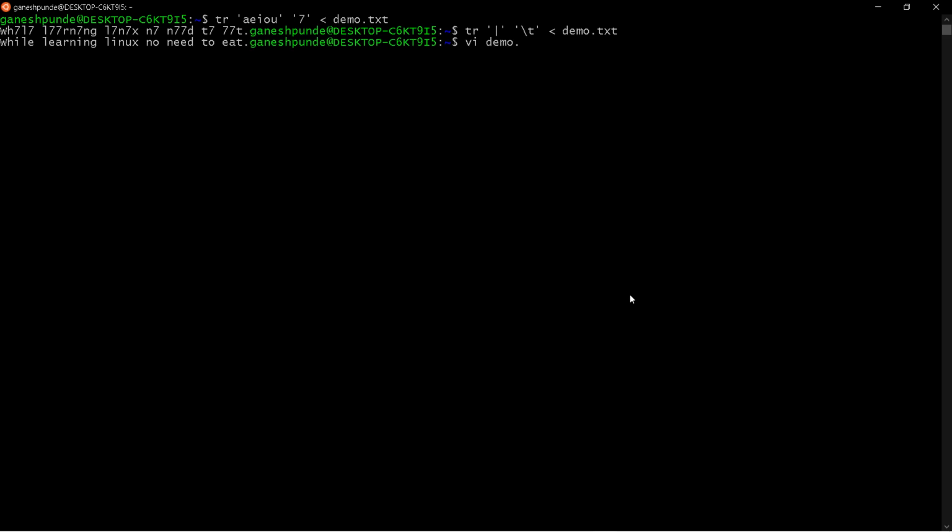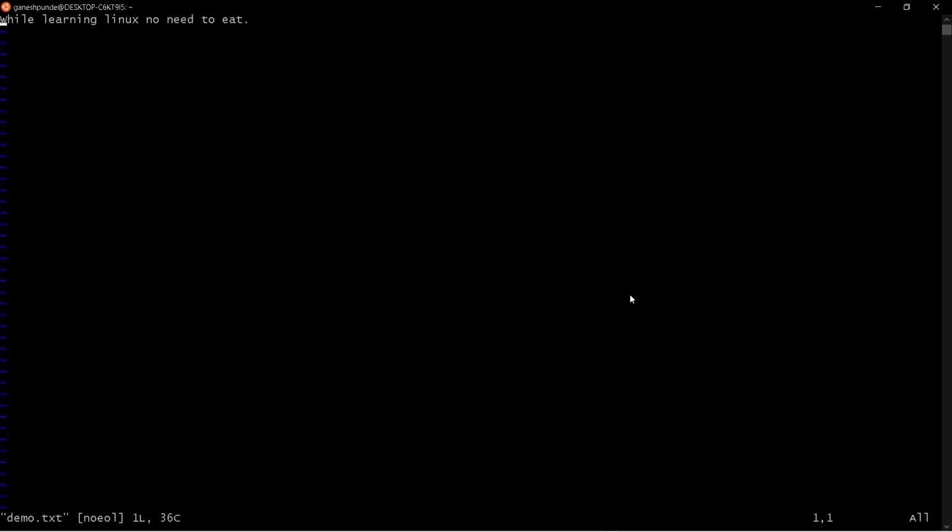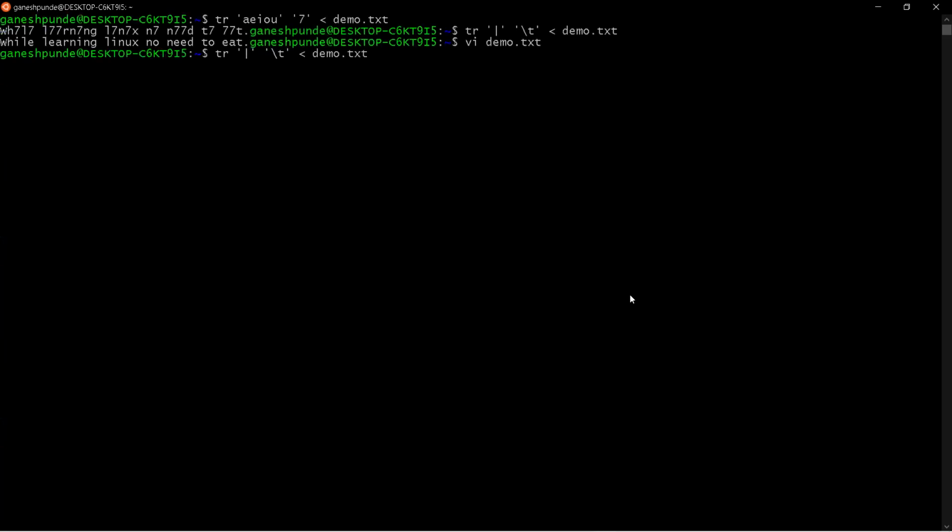So let me do some edit here. Let me add a pipe here, and I'm saying save, and now you can see it is adding 2 tabs, right? So this is about the translate.